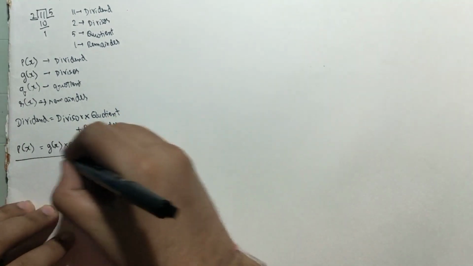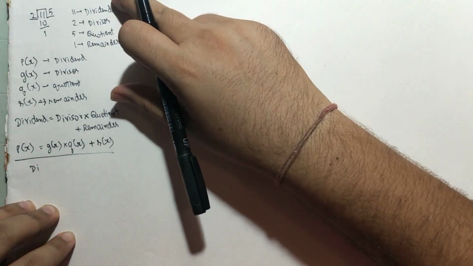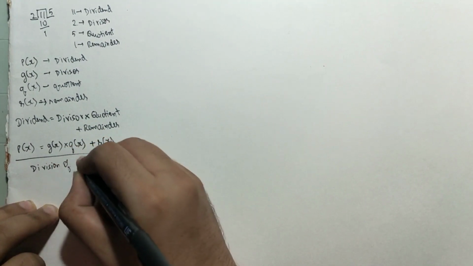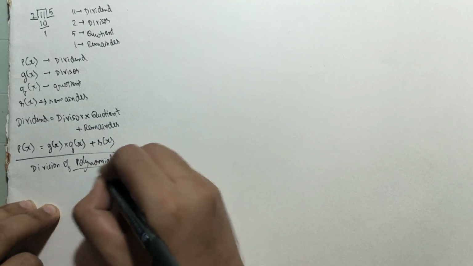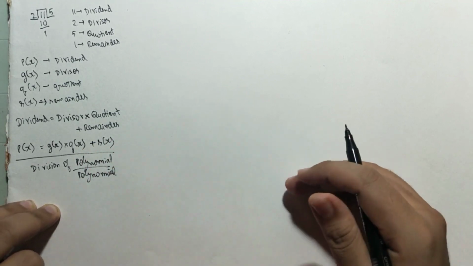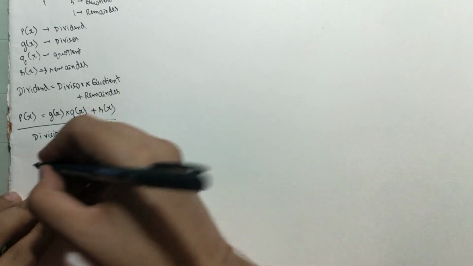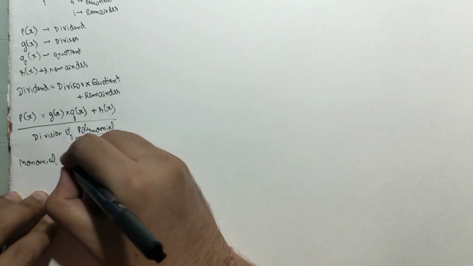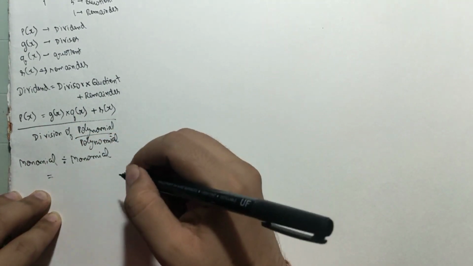So the next topic is to learn division of polynomial by polynomial. After learning the division of polynomials, I will go back to my topic of the remainder theorem. Before understanding this, you should know simple monomial divided by monomial. We will go step by step. So what is monomial by monomial? I will take an example.